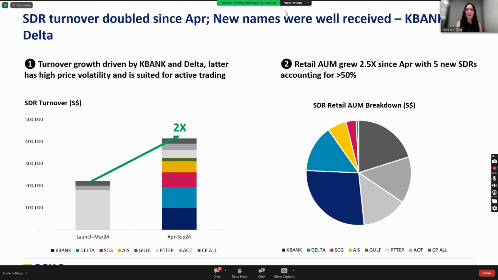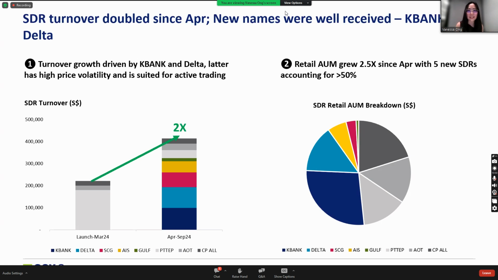So from the graph on the left, you can see that we actually launched 5 new Thai SDRs this year in April, and the majority of this turnover growth has been contributed by these 5 names. So the most popular Thai names we have currently is KBank and Delta, as highlighted in dark blue and in light blue. So KBank is popular due to the strong investor interest and familiarity with banks in our market, whereas for Delta, we generally see higher price volatility and a wide trading range, which makes it suitable for active trading